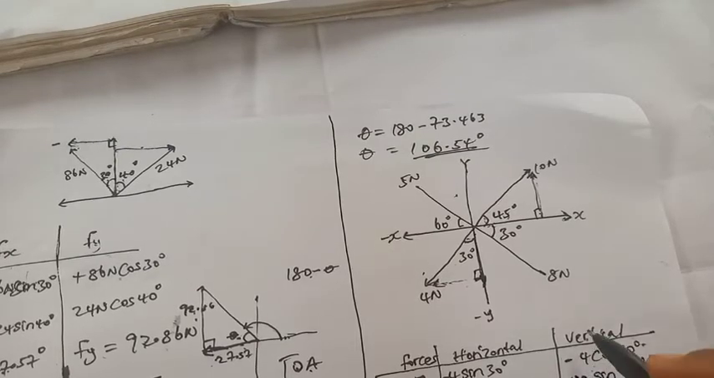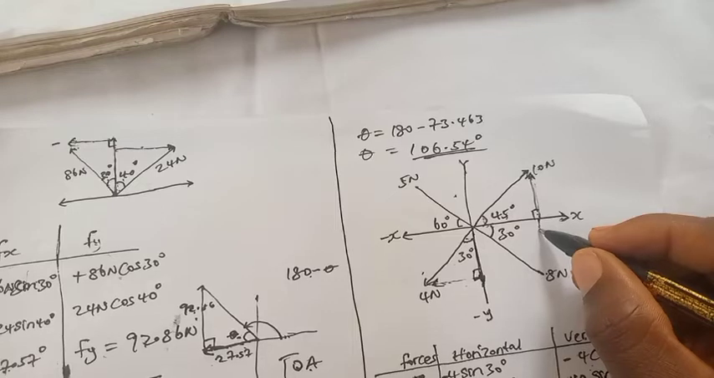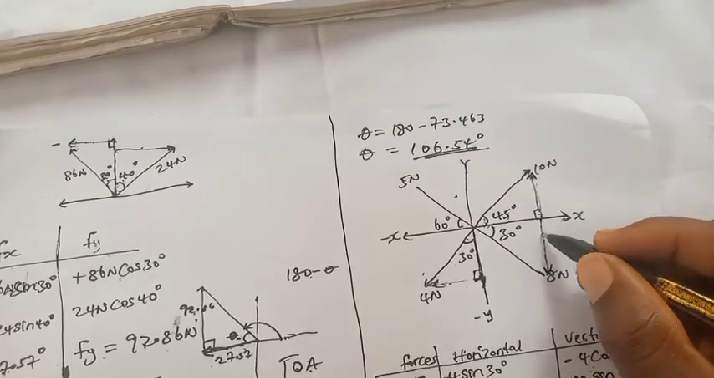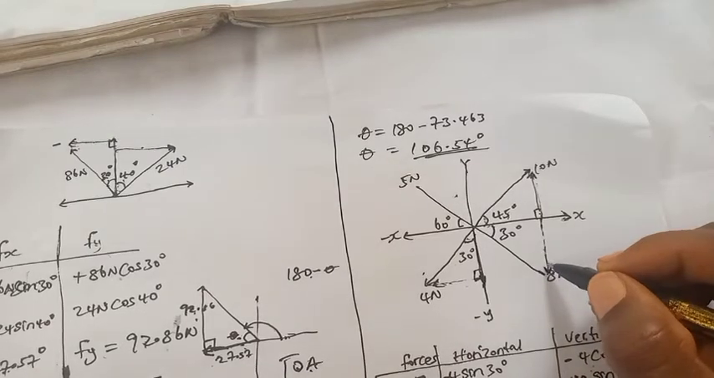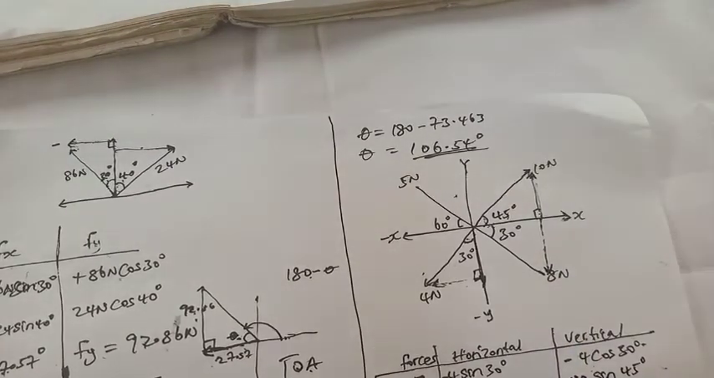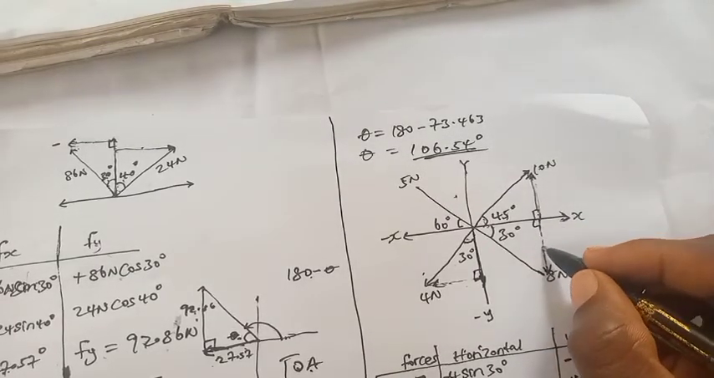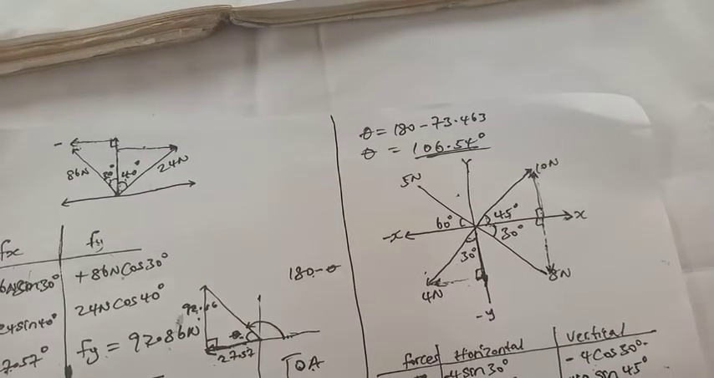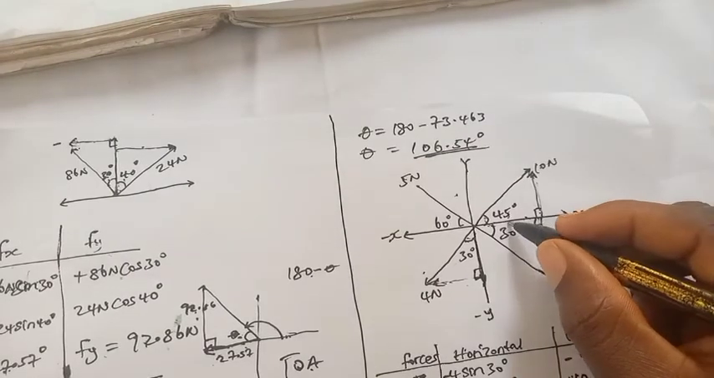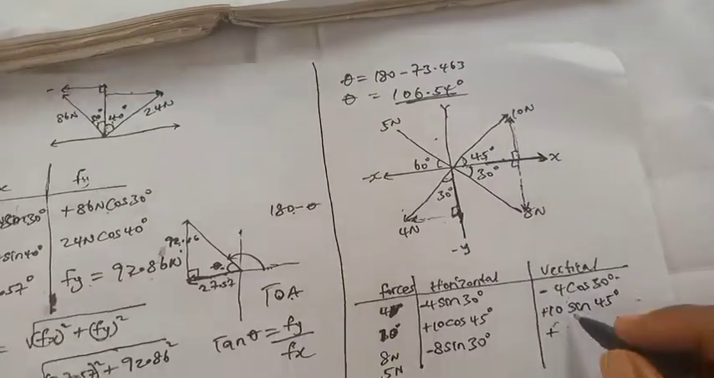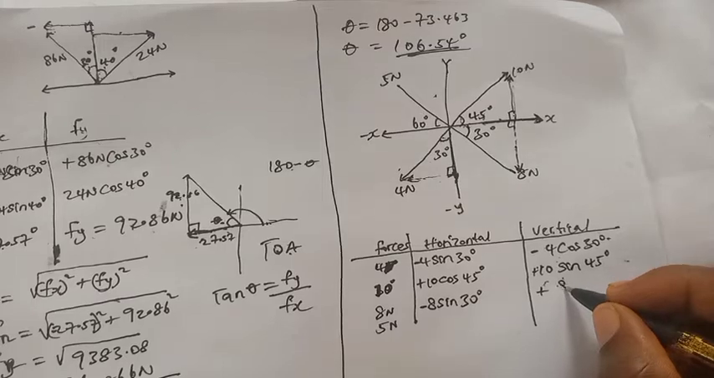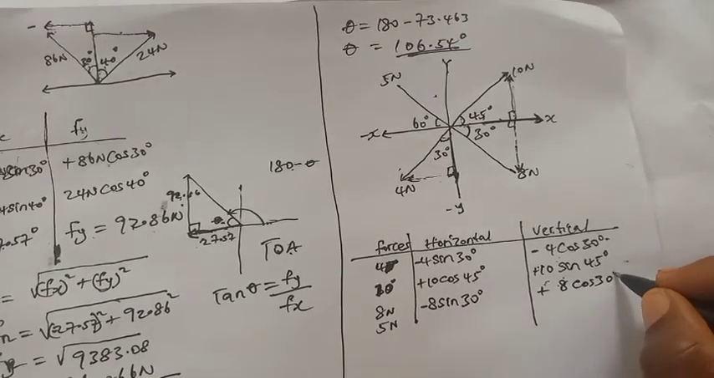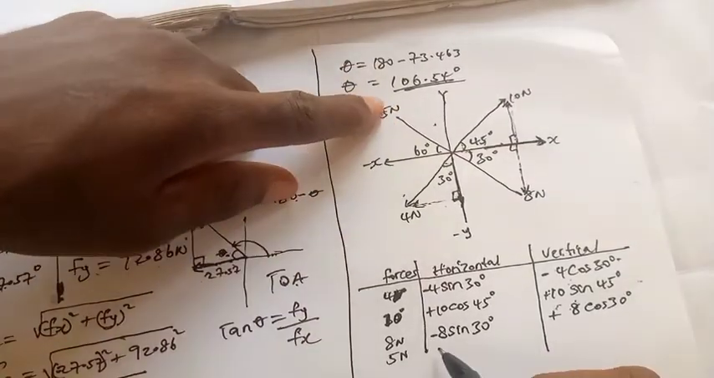So for the 8 Newton force, this is the vertical component of the force, and it's going towards the negative y-axis, so it's negative, and then it will take the sine of the angle because it's facing the angle, so this is negative 8 sine 30 degrees, and then the horizontal component is going to be positive because it's going towards the positive x-axis, so it's going to be positive 8 cosine 30 degrees. And so the 5 Newton force, that's this force here now,